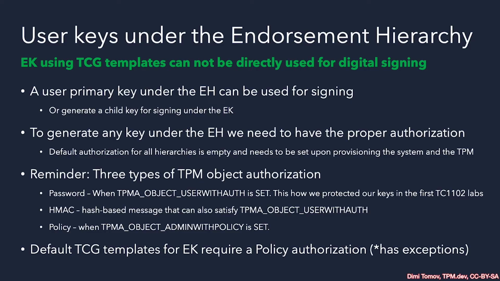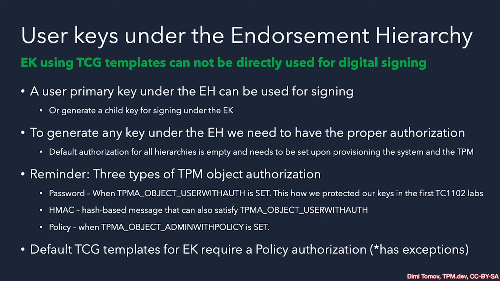In case we need to perform signing operations with keys under the endorsement hierarchy, we have two main options. First, create our own primary key under the endorsement hierarchy that does not follow the TCG templates. Or, still use the TCG templates, create the EK, and then generate a child key for signing. Depending on the use case, one of these solutions will always work. To generate a key under the endorsement hierarchy, of course, we have to provide the proper authorization. And if we use the TCG templates, depending on the template we've chosen, we might also need to provide policy